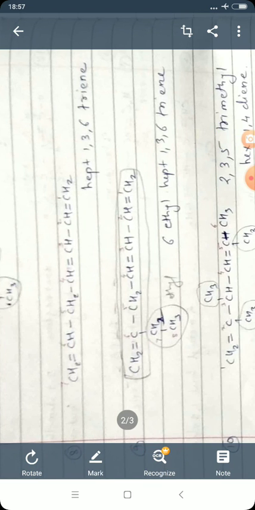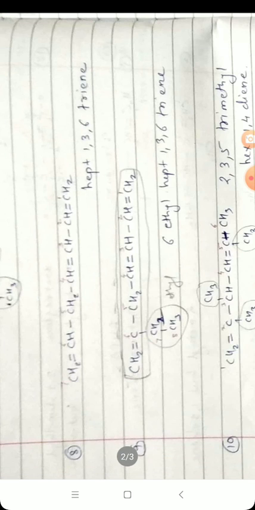See the next example again. If we number, there is an 8 carbon long chain, but the sixth carbon's double bond is present on the left side. So we select this long chain of 7 carbons, and the CH2CH3 ethyl group is considered as the prefix or substituent. So what is the name? 6-ethyl hept-1,3,6-triene. So what is the efficient nomenclature? 6-ethyl hept-1,3,6-triene.